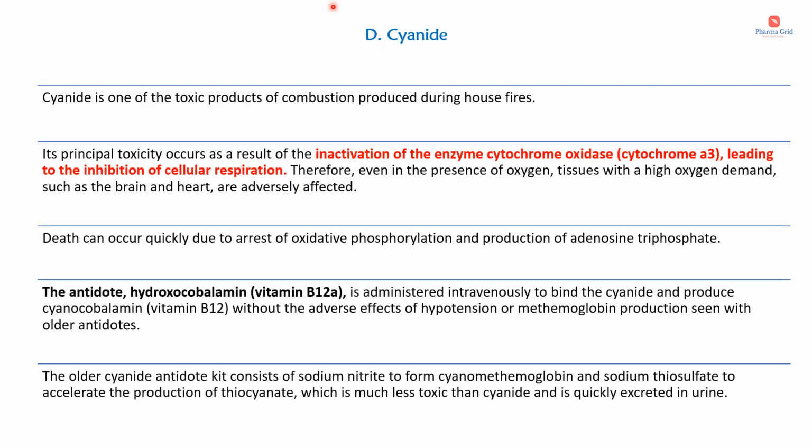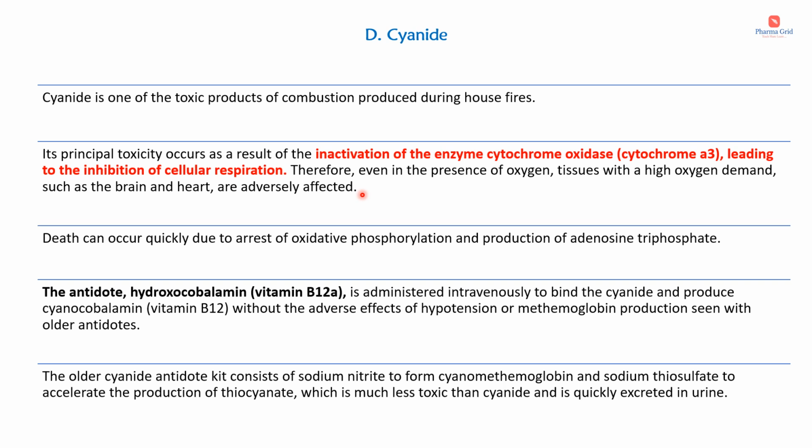Now let's see about cyanide poisoning. Cyanide is one of the toxic products of combustion produced during house fires. Its principal toxicity occurs as a result of the inactivation of the enzyme cytochrome oxidase, that is cytochrome a3, leading to the inhibition of cellular respiration. Therefore, even in the presence of oxygen, tissues with a high oxygen demand such as the brain and heart are